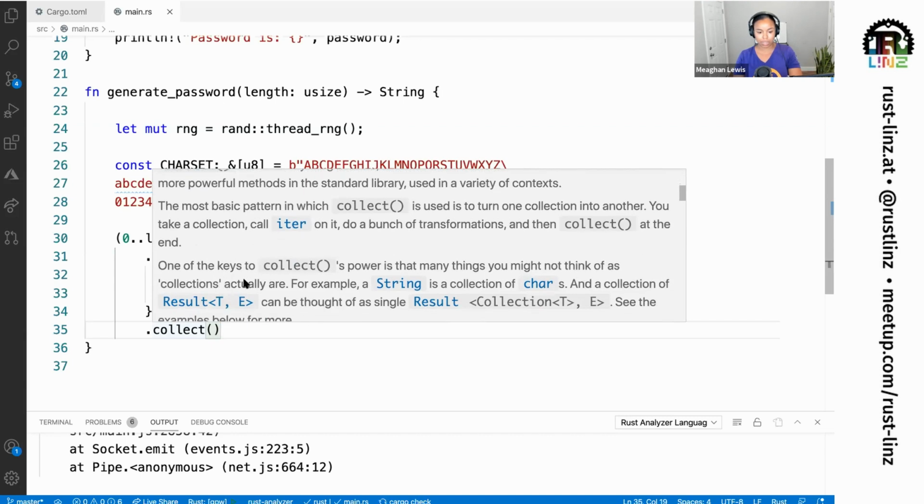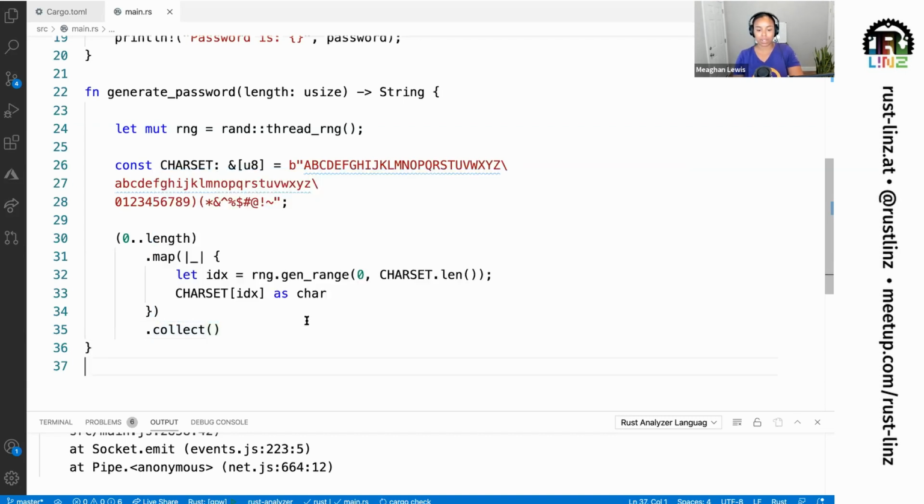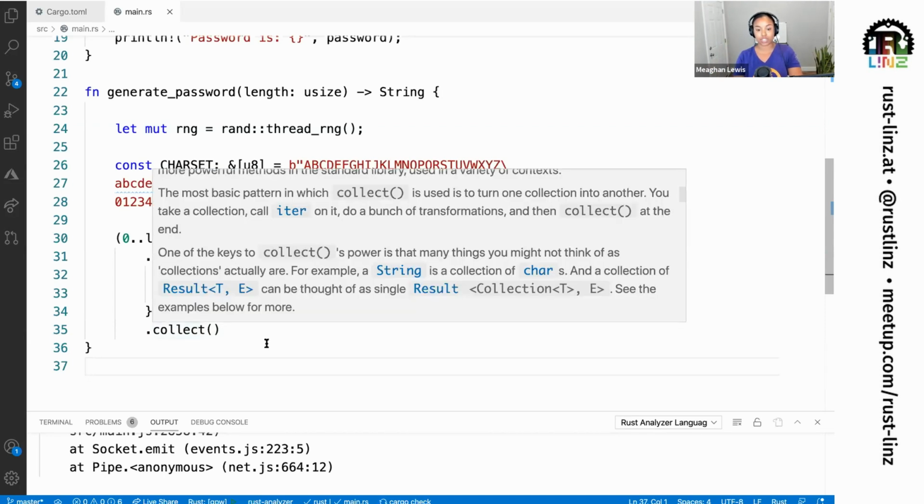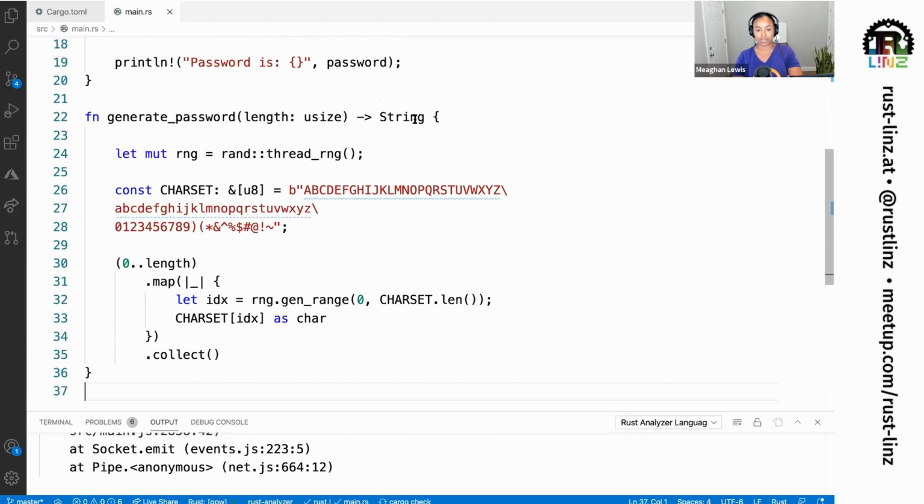If I'm looking through here, what jumps out to me is a string is going to be a collection of chars. So I am collecting all of these chars one by one up until the full length of the password that I want. And then I'm going to return that as a string collection. So that satisfies this return type up here.